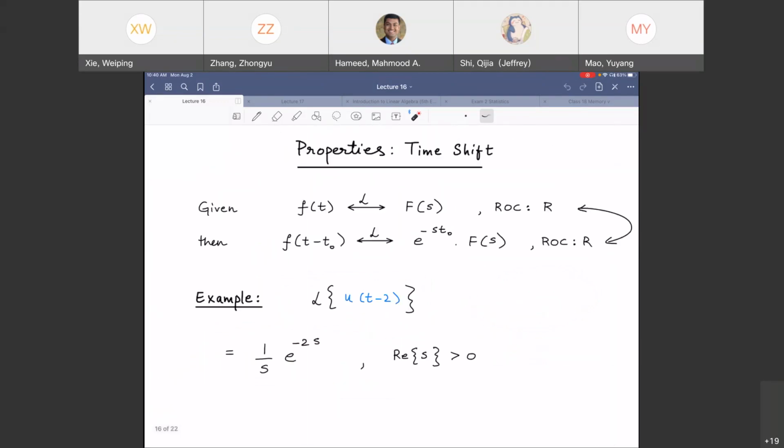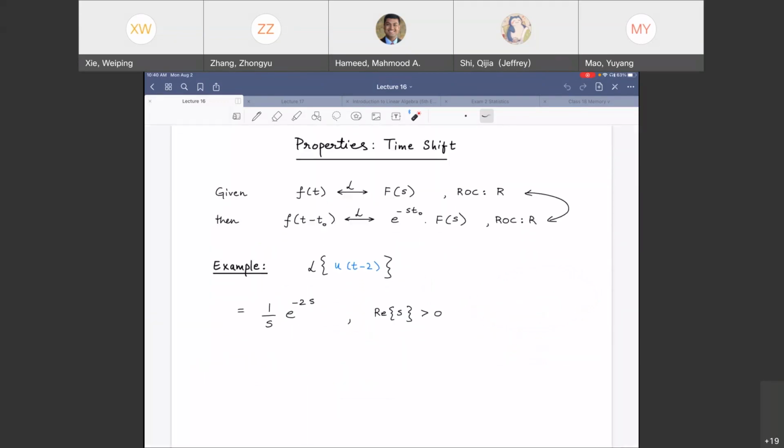Next, so this is new material. Now, what about time shift? When you time shift a signal, what happens to its Laplace transform? Proof not given here. Why? How can you prove this? Take the definition of Laplace transform, do the math. You will have to do a change of variable, t minus t0 is tau, change of limits of the integration, and so on. You know the deal with that. Exactly the same way as you prove the time shift property for Fourier transform. That's how you would prove it.